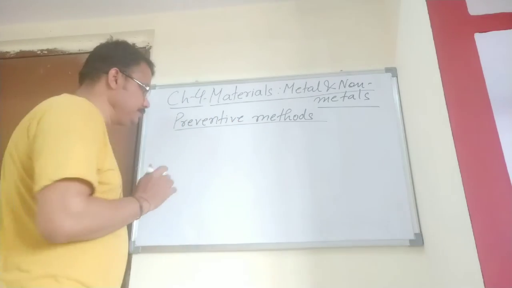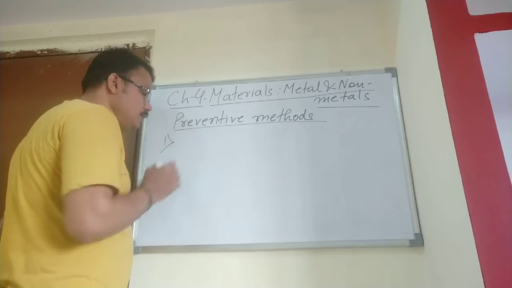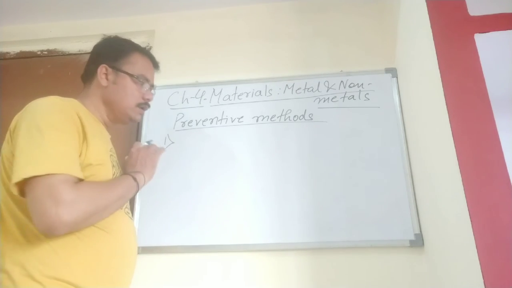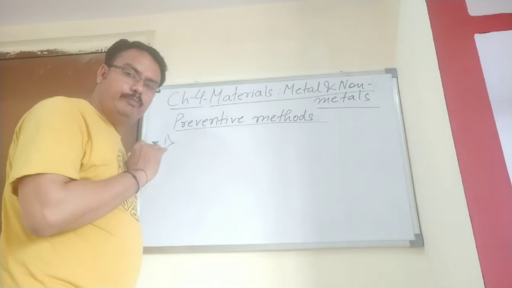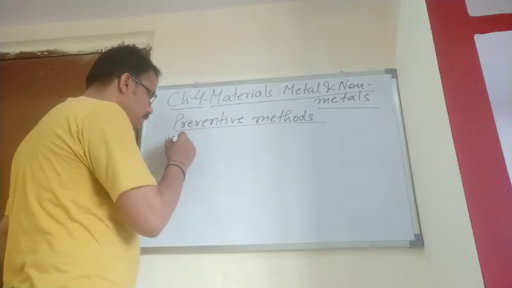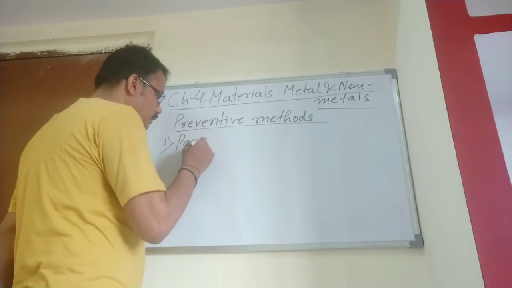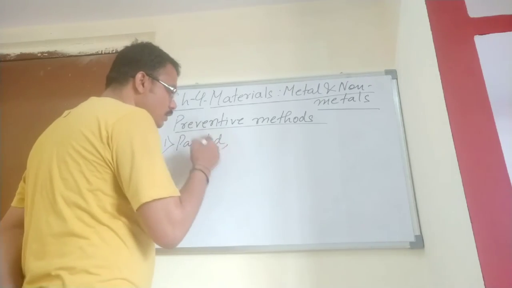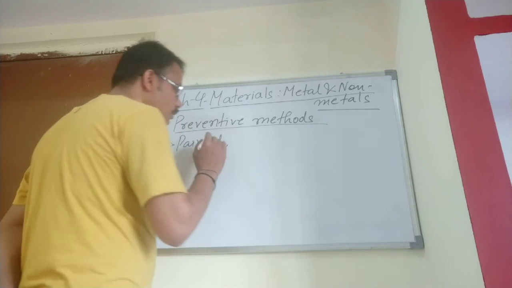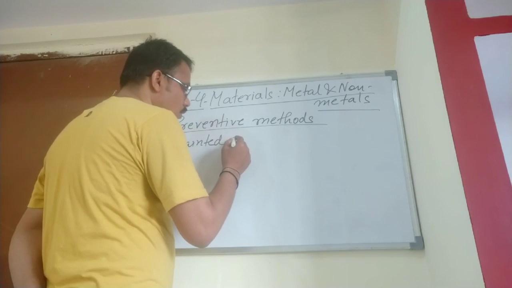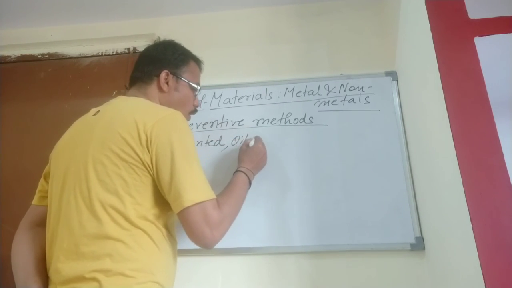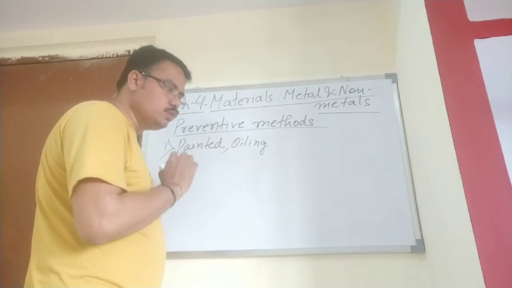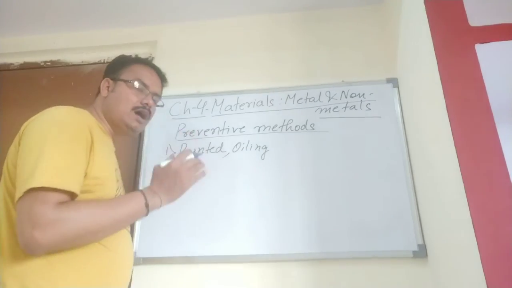Preventive methods. First of all, let the iron object be painted, or oiled, putting oil over it so that the moist air can't directly